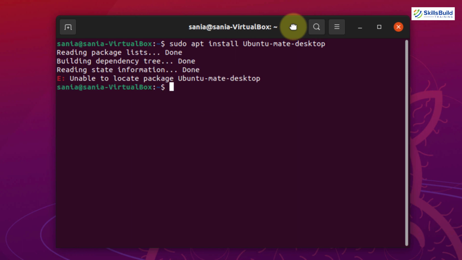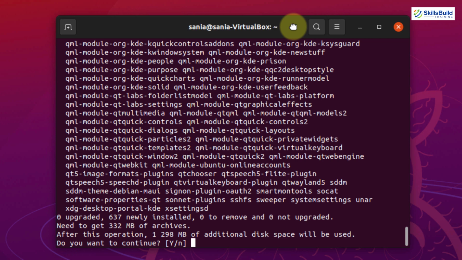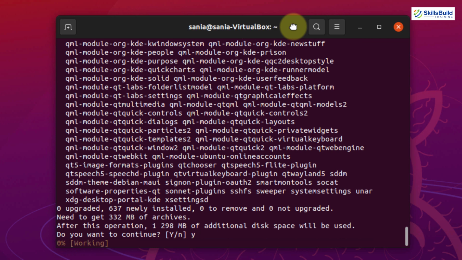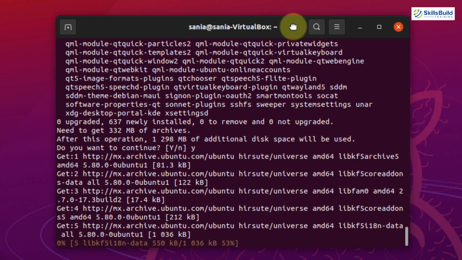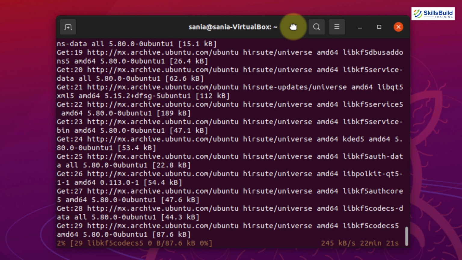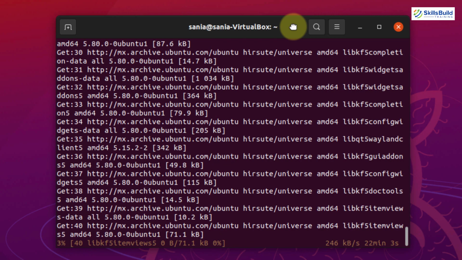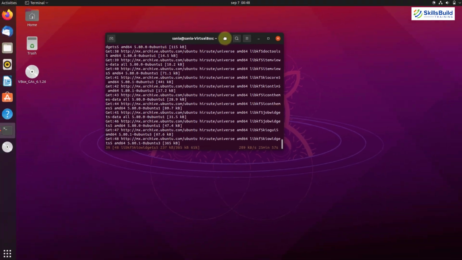To try KDE, you need to write sudo apt install kde-standard and then hit enter. In order to continue, you need to press Y. Well, in Ubuntu 21.04, I am unable to get the MATE desktop, but I can get KDE. You can also try KDE, MATE and the Cinnamon desktop, but it will take some time.